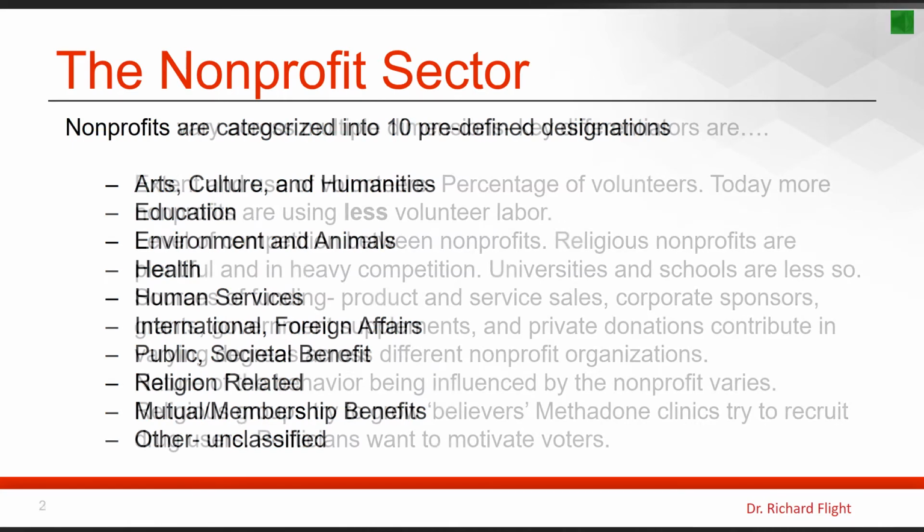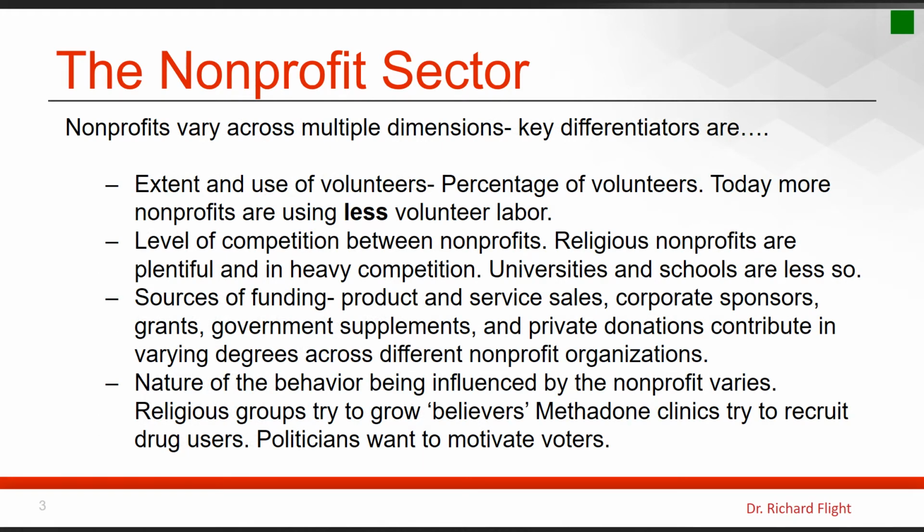this actually adds also to the uniqueness of the nonprofit focus as well. Other elements that differentiate nonprofits from each other, that create uniqueness among nonprofits, have to do with how they compete with each other, funding sources, and so forth. So the first one here deals with the extent and the use of volunteers. What may make one nonprofit unique from another is the extent to which they use volunteers as labor. There's been a push today to use fewer and fewer volunteers as laborers within nonprofits, and in fact there's more of a trend to hire and pay individuals to work in a not-for-profit. But that would distinguish some from others in terms of